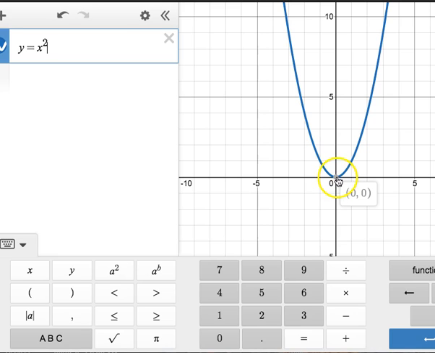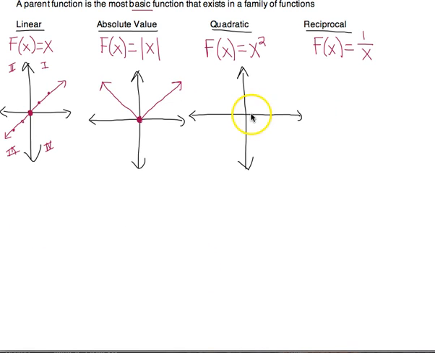Again, it starts at (0, 0). Most of these have had a point at the origin. That's its vertex. And then we have branches in both quadrant 1 and quadrant 2. We've got (1, 1), and then (2, 4) because it's squared, right? If I plug in 2 for x, I get 4 for y. If I plug in 3 for x, 3 squared is 9. So (3, 9). And then the same thing, (-3, 9), (-2, 4), so on and so forth. And so our general shape here